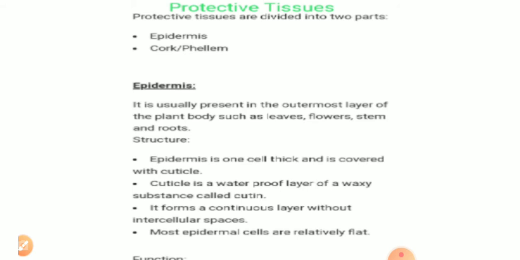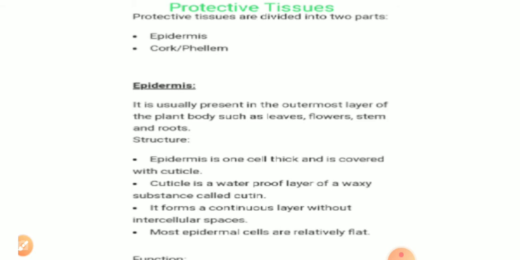The epidermis or the epidermal cells also provide stiffness and protection against grazing animals. This is the basic reason why xerophyte plants are not browsed by cattle or by browsers. This is because of the thick covering of the cuticle layer present on them.